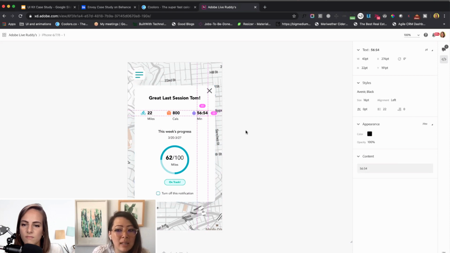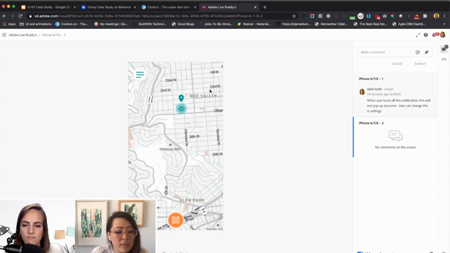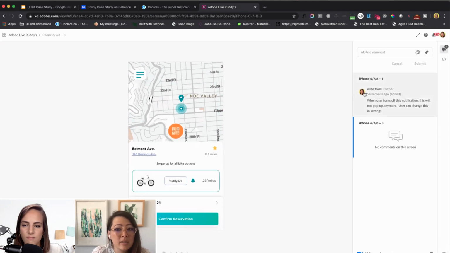So basically, this is every single thing a developer needs outside of maybe a style guide or some sort of design library, because they can actually interact with the prototype. They can see the annotations and go into the development specs. This is every single thing they need, just in this link. It's pretty incredible because this was not the case before.